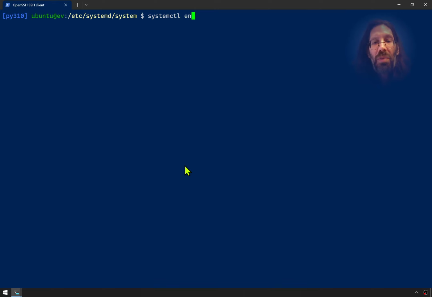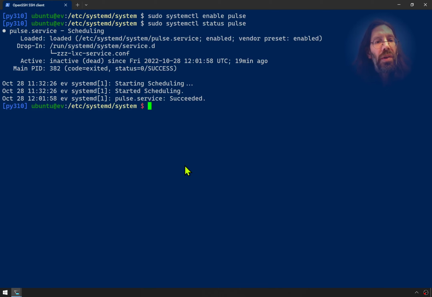With systemctl, we're going to have to enable pulse, because currently it's not enabled. But it's not going to work just like that. We're going to have to sudo it. Sudo systemctl enable pulse. All right. So it didn't complain. All right, so we can check its status, sudo systemctl status pulse. All right, so it's present, enabled, but it is not active. It's inactive. So how do you make it active? You go sudo